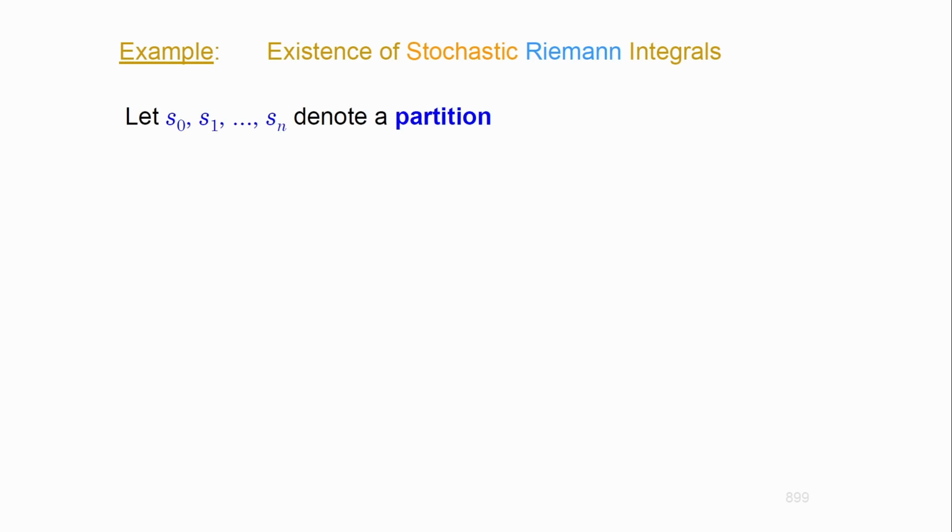And I'm going to focus on Riemann integrals with the Wiener processes involved. So again, let me start with the partition, as you know. I'm going to split the interval between 0 and t, in such a way that the starting endpoint is the lower endpoint of that interval, whereas the upper endpoint is the final endpoint of the partition.